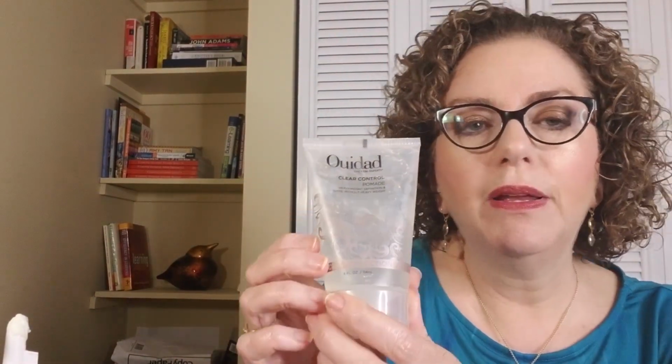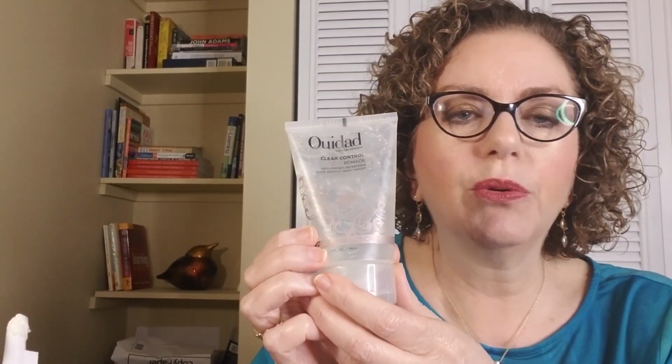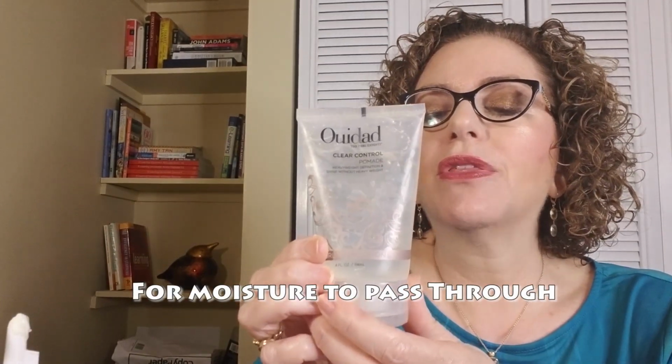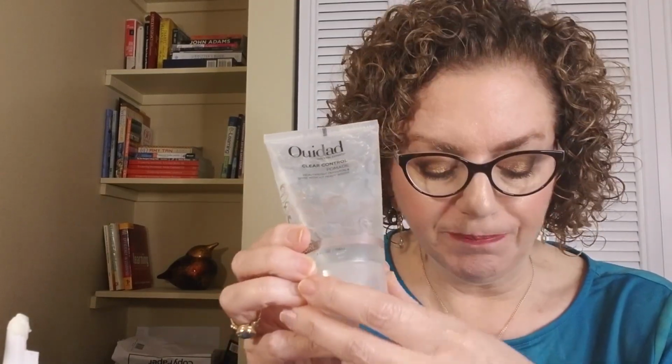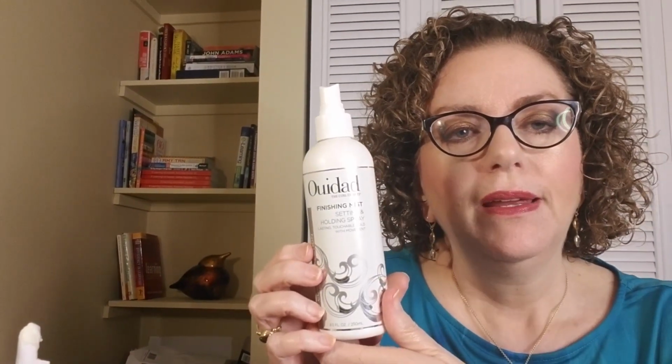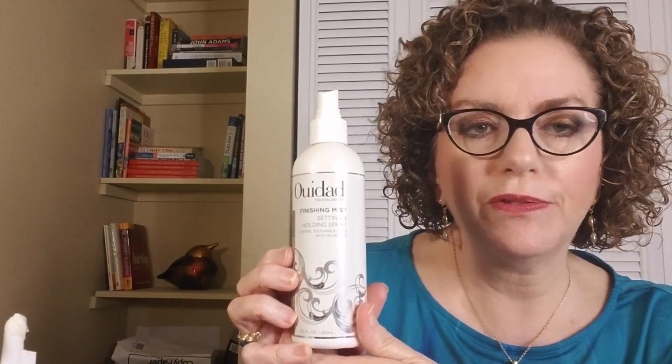The Pomade, which I'm now going to show you again, is a product that they also use in the salon, and that is for scrunching out the crunch. But that has mineral oil in it. Mineral oil is just as bad as silicone. It creates a barrier that is very hard to pass through. And I'm gonna say, no, this is not a product that you want to use because of that. It's not water soluble. And then finally, the finishing mist. That has 2 kinds of drying alcohols,